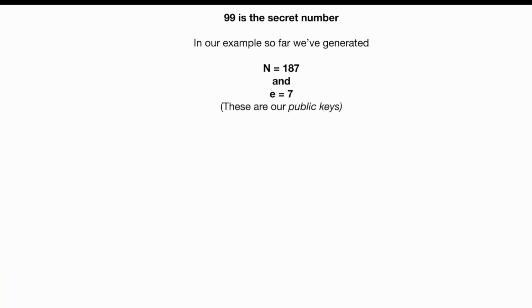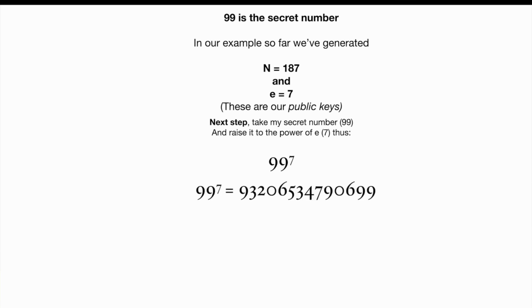Okay, so what I need to do is to take this 99, which no one knows, and also take my N and E. N and E we both have access to, and everyone has access to. That doesn't matter. And I raise my secret information, my secret number, 99, to the power of E. So 99 to the power of 7. Well, that's an even bigger number. In fact, it's 93,206,534,790,699. Well, now we take that number and divide it by the N we found earlier, 187,